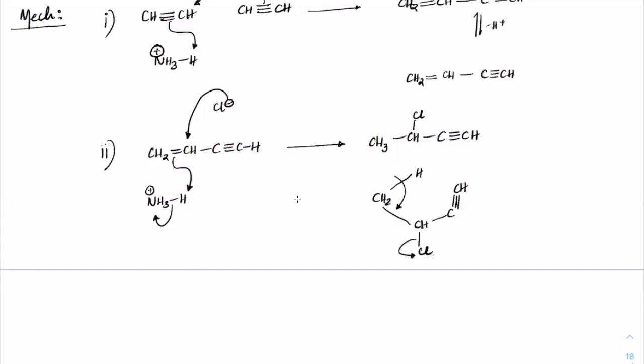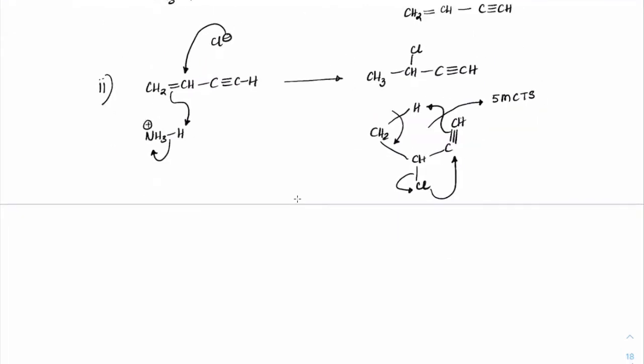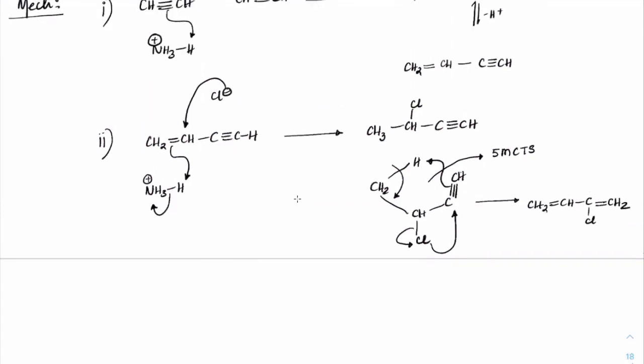Chlorine would leave, and chlorine gets attached here with this pi bond attaching H. So a 5-member transition state is formed here. You can see 1, 2, 3, 4, 5. This 5-membered cyclic transition state is observed. From there, it will convert into CH2 double bond CH, C, Cl double bond CH2. This is the final product, which is